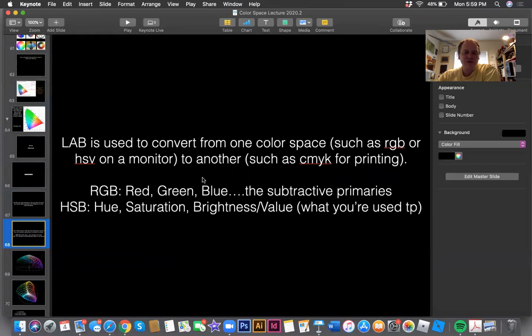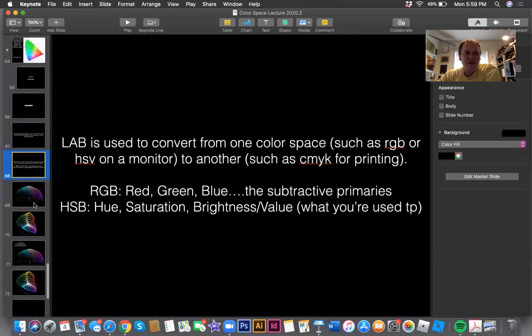What this is used for is sort of a global color system. So if I take a picture with my phone and I upload that picture into a computer and then I want to print it, one of the ways that can be done is that the data from that file is uploaded and the computer reads that within lab space and then is able to translate that into whatever sort of space the printer needs to use. So it's meant to be a global digital space, but it has probably the most